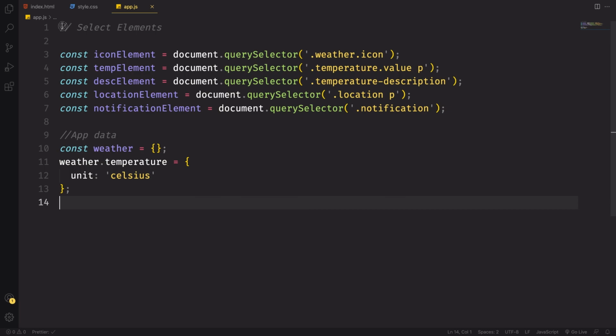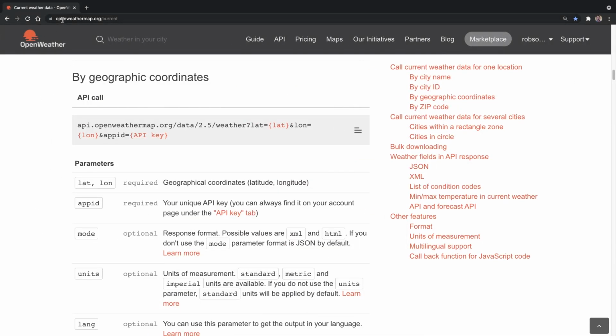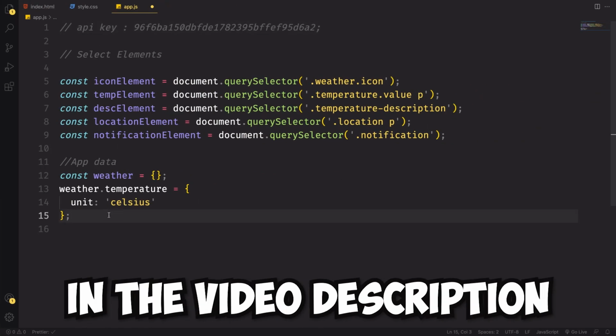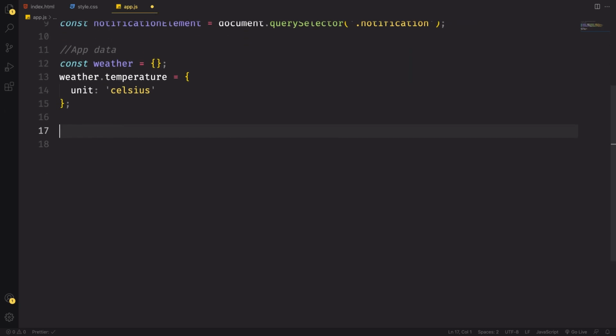Alright, and down here we're gonna have some variables, okay? One of them, an important one, is this API key from Open Weather, okay? You don't have to create an account because there's a link down below in the video description with this key for you for free, okay? So let's come down here